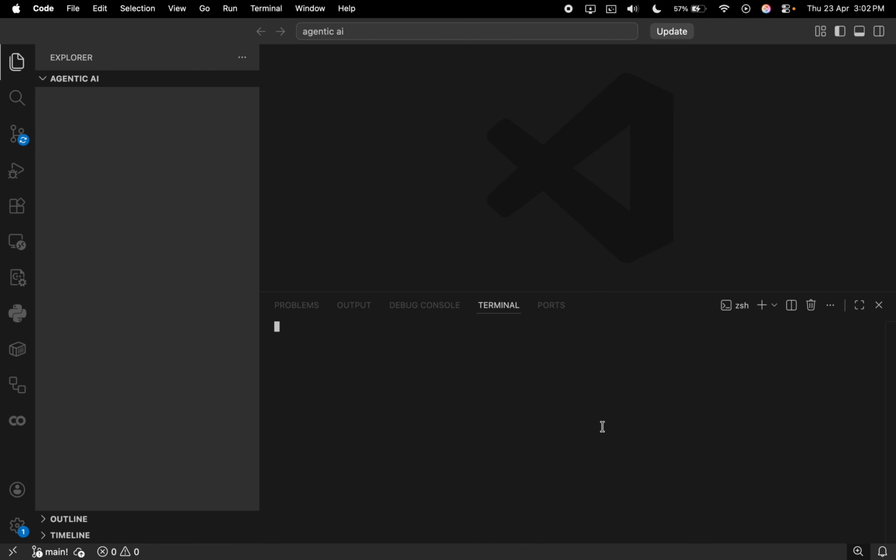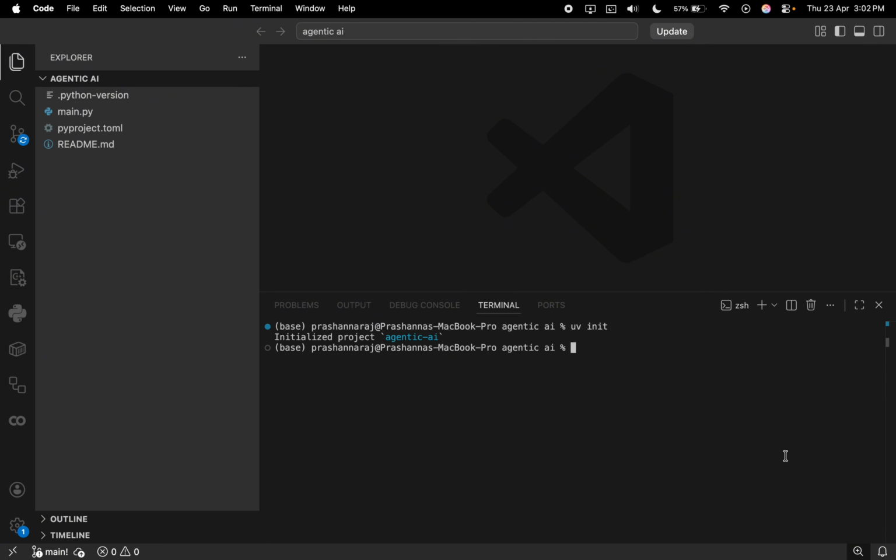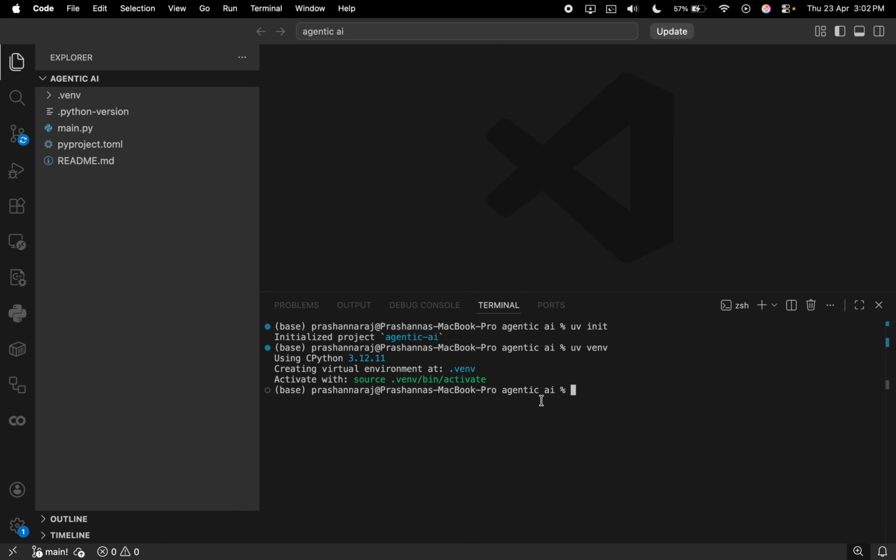Let's open the terminal and let's initialize it now. And now let's create the virtual environment with the help of UV. And we are now in the virtual environment,